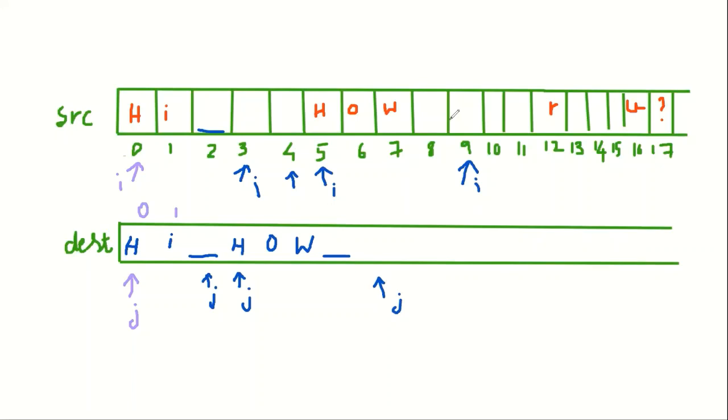Okay. Now again, before this was a blank space. So until you find all the blank spaces, keep skipping the I and then you come here. R is a valid character, not a blank space. So copy that R here. Again, one blank space will get copied. J has come here. Next J would have been pointing to the next empty location. So there is a space, skip all the spaces. I will come here, copy that U and a question mark.